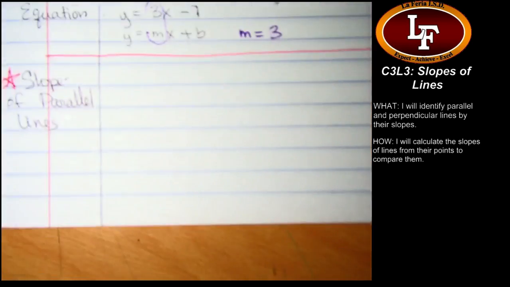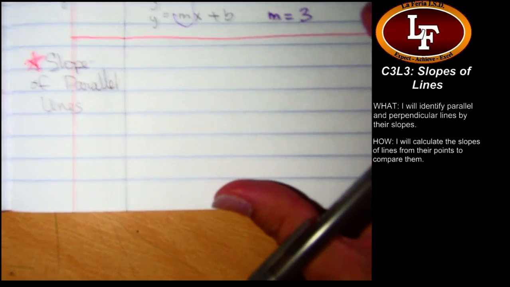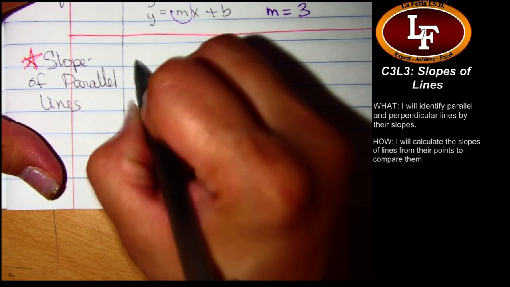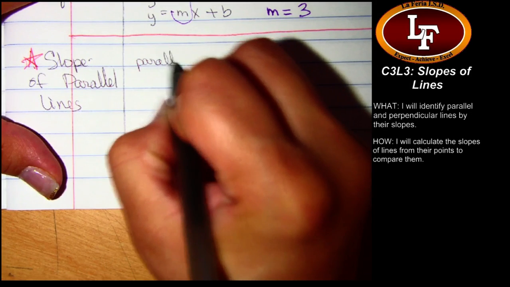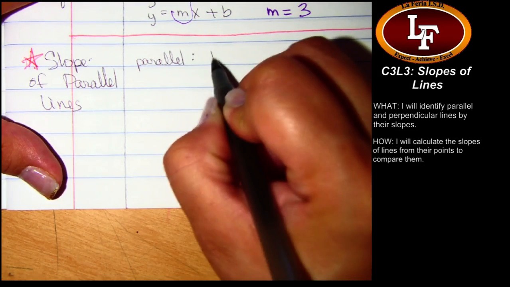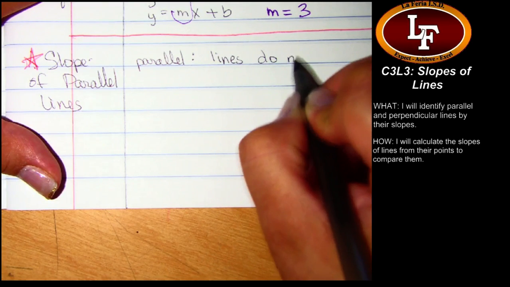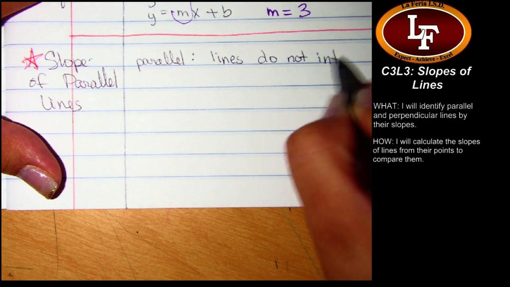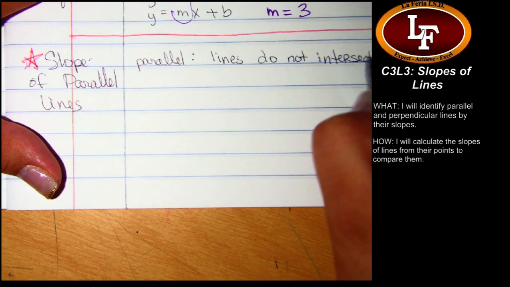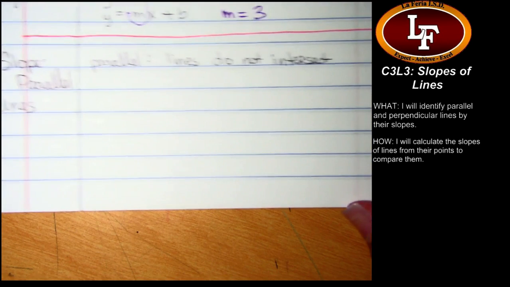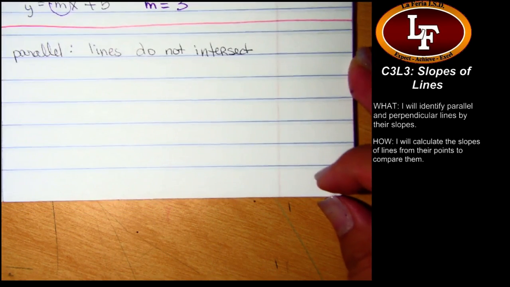Have you encountered that word before, parallel? Yes, ma'am. What does that word mean? Two lines that never touch. Two lines that do not touch. Lines that do not intersect. That do not meet. But I want to add one little bit of detail to this, and